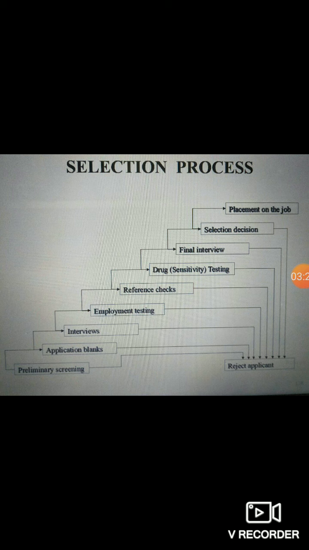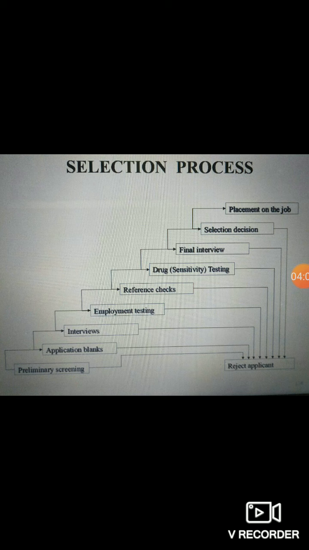And on the other hand, there are possibilities for an application to get rejected on the technical side. Maybe in the classified or the recruitment communication, we would have given some requirement of educational qualification and experience in terms of job description and job specification. We would have given certain details. If those details are not matching or the candidate's profile does not pass through any of our requirements, then there is no point in wasting time on that application. So we straight away reject. That is how more or less minimum 20% of applications which we receive might get rejected at this stage.